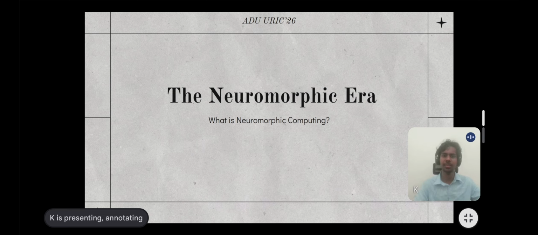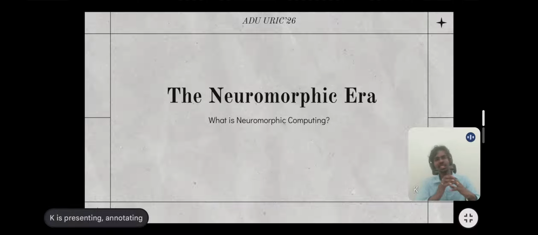So what exactly is neuromorphic computing? I would like to look at our solution this way. Traditional neural networks have always had a continuous activation of signals. By continuous, I mean that the signals produced are discrete in nature, and these cannot be processed rapidly because the network has to keep on doing it all the time. This makes it more energy intensive. But what does neuromorphic computing do? It produces a spike only when there's an event. This way, the number of spikes and the energy used is drastically reduced.